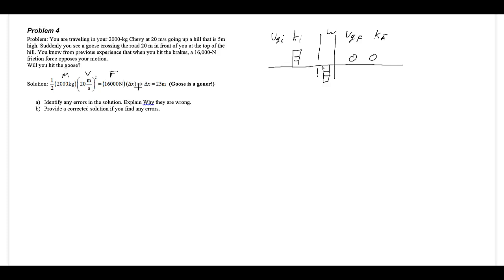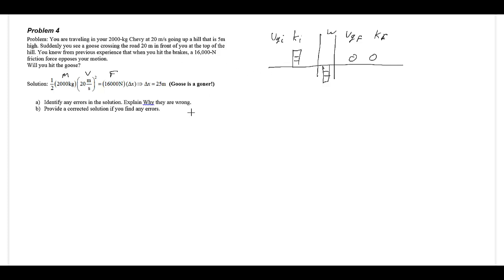This is great, except the only amount of work this person considered is the work done by the ground caused by the car braking, right? Trying to stop. What this person forgot to take into account was the fact that the